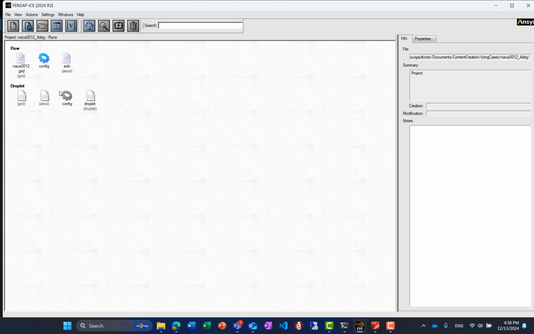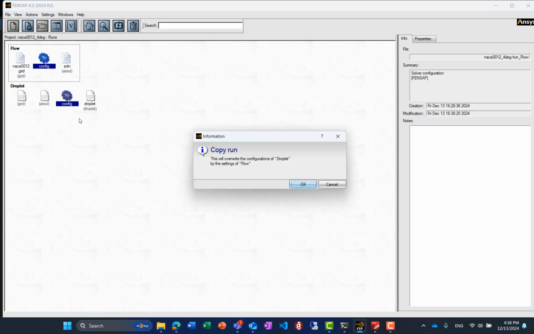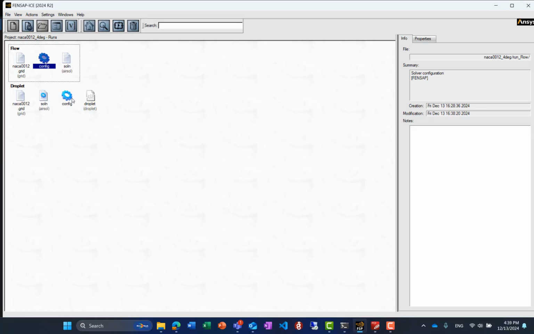Instead of manually setting all that, we can click on that config from the flow, drag it onto the gear icon for the droplet, and it's going to copy all the parameters that are found in both setups. So you can now see that the grid is active, it found it, it copied a link to the solution. That's the file with the gear icon on it,